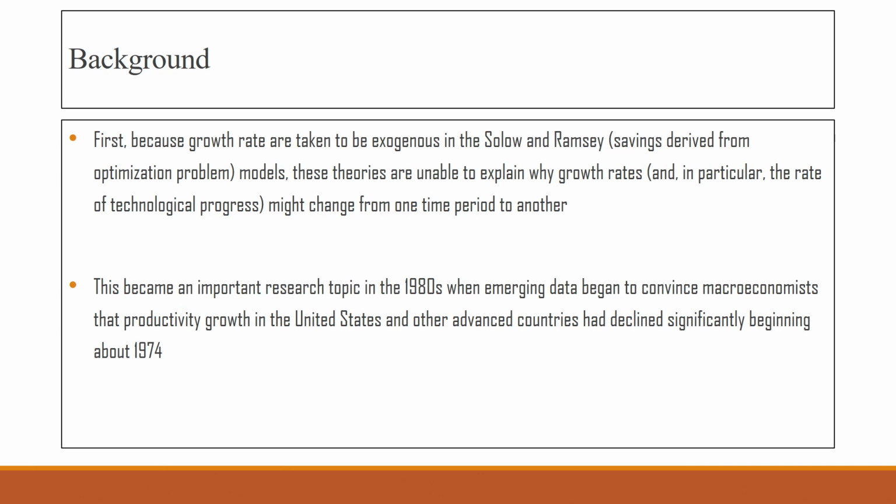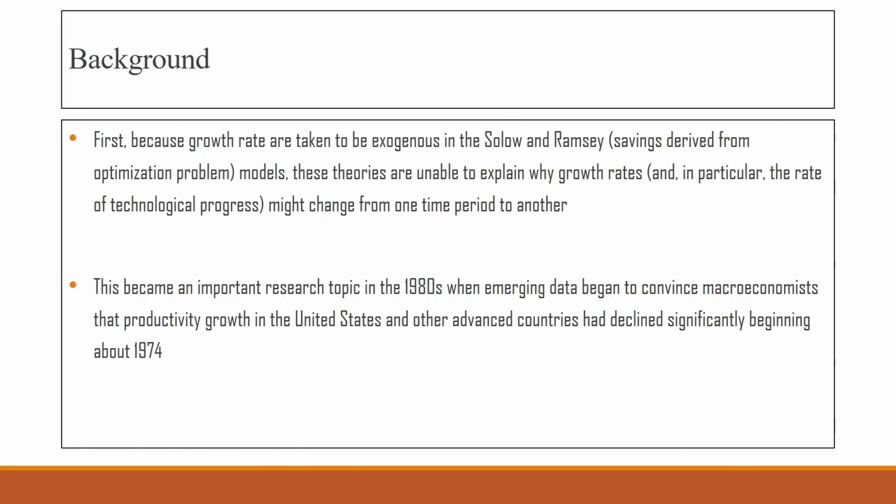Why in the 1980s? This timing is again very important because we had also seen earlier from the table that the US was undergoing a productivity slowdown. A few slides back, when we were talking about the growth accounting exercise, we did see that during the 1980s, the TFP growth rate had slowed down in the US compared to its previous decades. So, this became a major concern for macroeconomists, especially in the US, that what might be the reasons for this slowdown.